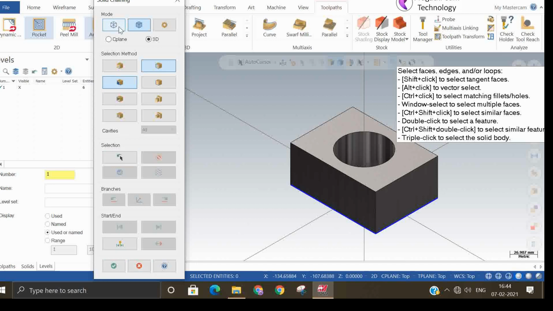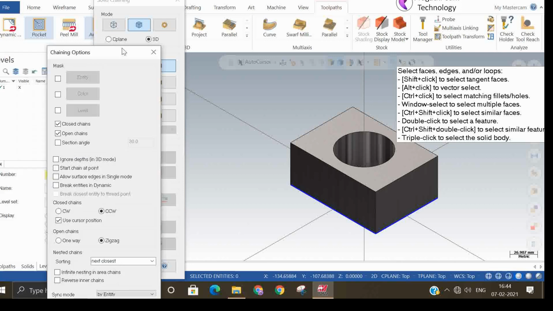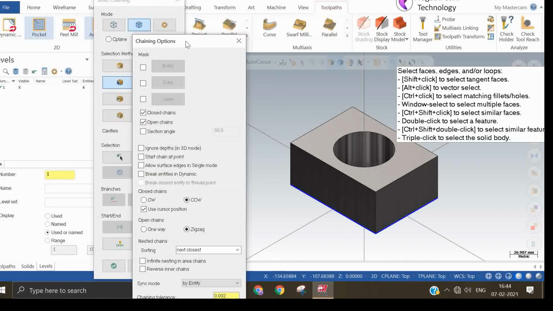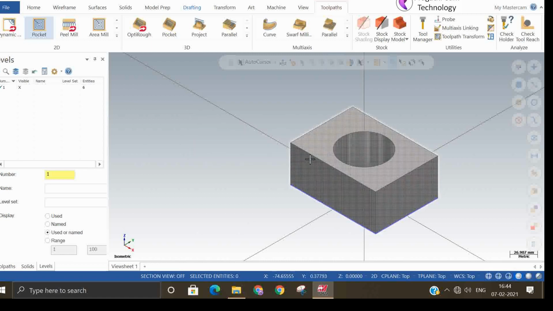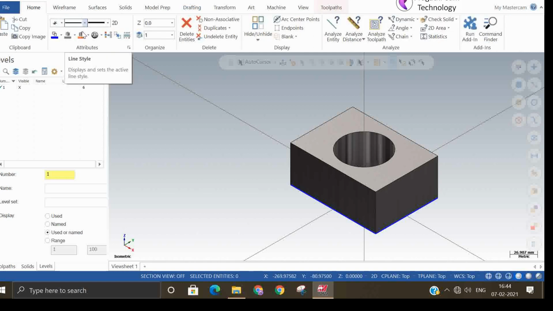This is the solid selection method. Here also you can do the settings, but no need to modify the base setting. Okay. So we have seen the selection methods now and also viewing commands. Okay. Thank you.